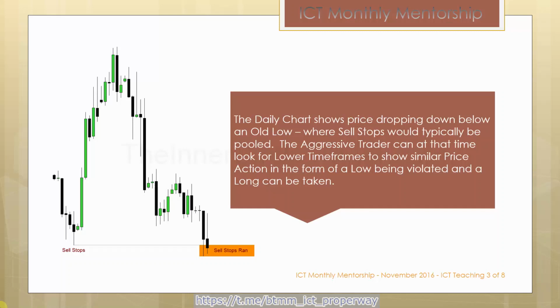Now, looking at this daily chart, you see it shows price dropping down below an old low. And this is typically where sell stops are going to be residing, or as we call it, a liquidity pool. Sell stops will pull below this old low, and everyone that would be wanting to go long would have a sell stop right below that. And because everyone's doing that same idea, putting a sell stop here, that's where the idea of a liquidity pool comes from. All those orders are pulling together, okay, and creating a pocket, if you will, of selling